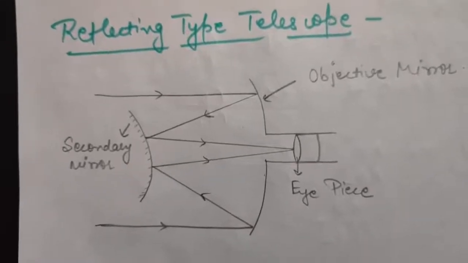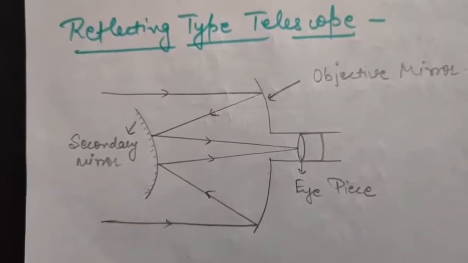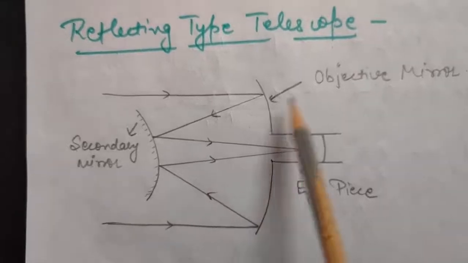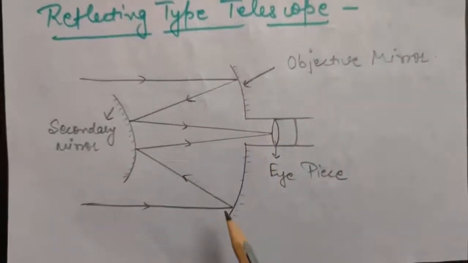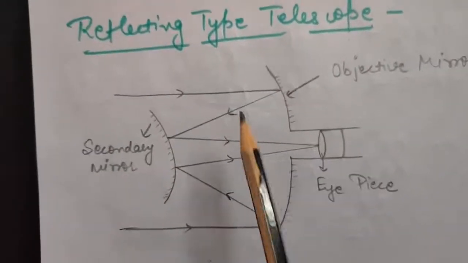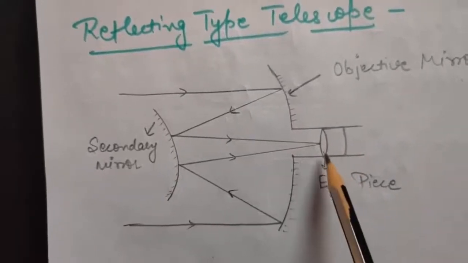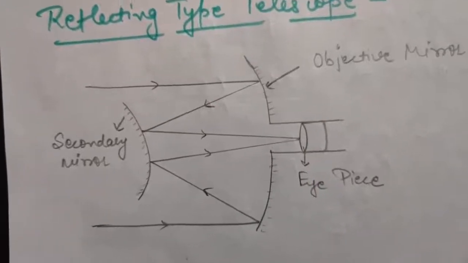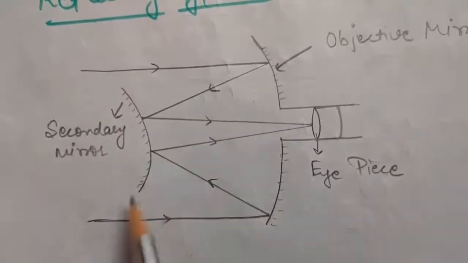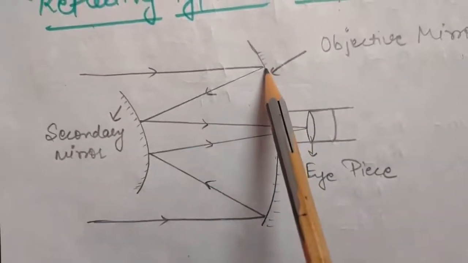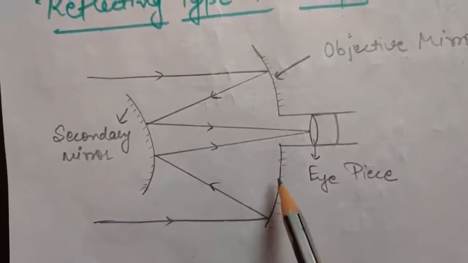So what is done basically in the reflecting type telescope is that the lenses are exchanged by mirrors. So instead of an objective lens, here an objective mirror is used. So this is the objective concave mirror. Now it is taken in two parts such that here the eyepiece is placed, where the light would be falling and we will be seeing the image formed. Now again the rays will be coming from infinity. So when the rays come from infinity, they will strike this objective mirror and they will go like this after reflection through this concave mirror.